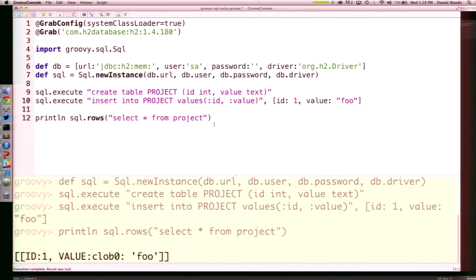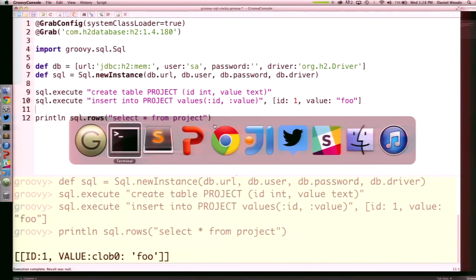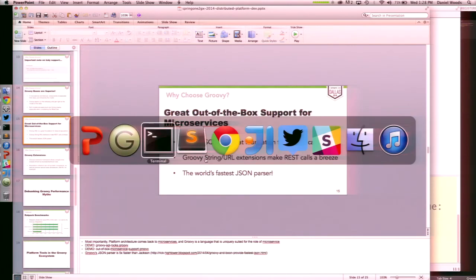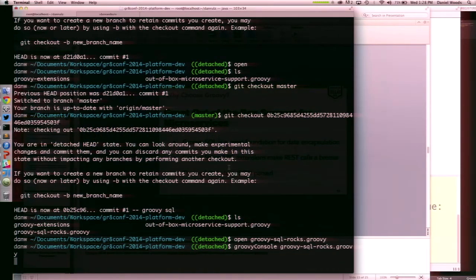GORM makes things a lot easier for us, but GORM is heavy. It's very heavy. So it might be more practical for you to just say, look, I know how to write the SQL statements, and I know what these very specific operations are that I'm going to run against the database. And if you're going to do that, you can use this mechanism for getting at it. And that's a cool approach to interacting with databases.